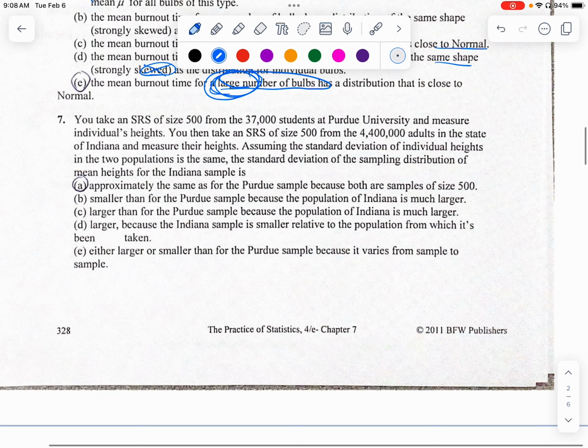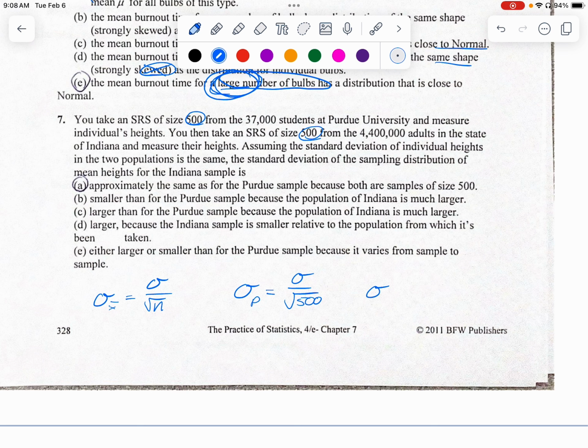Number 7, if you caught on to this, both sample sizes were 500, okay? And we are measuring the heights of people, right? So the standard deviation of x bar is the standard deviation of the population divided by the square root of the sample size. So the standard deviation for Purdue would be the standard deviation of the population divided by the square root of 500. And the standard deviation for,